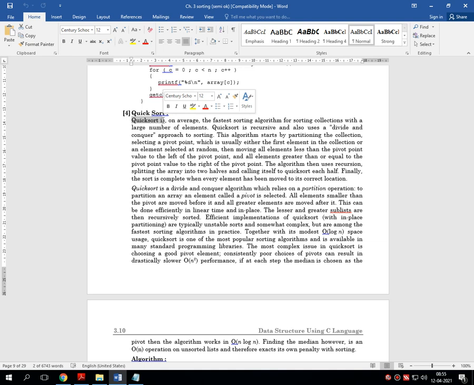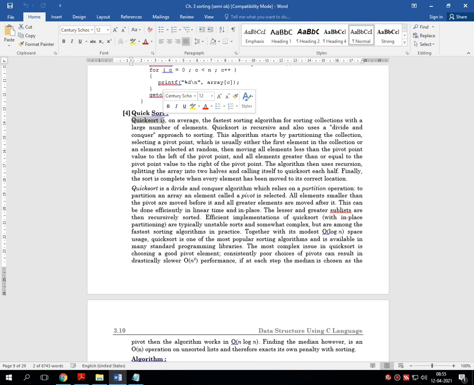So it is very necessary for all of us to know what divide and conquer means. Divide and conquer is a technique in which first the entire list of unsorted numbers is stored inside a one-dimensional array. Then we decide the pivot element, that is the central value.